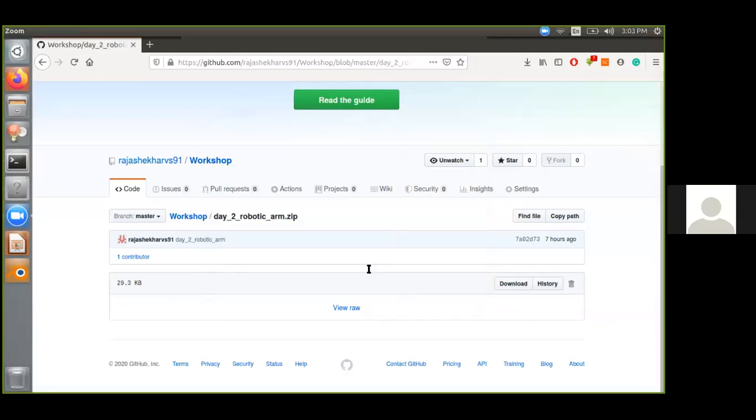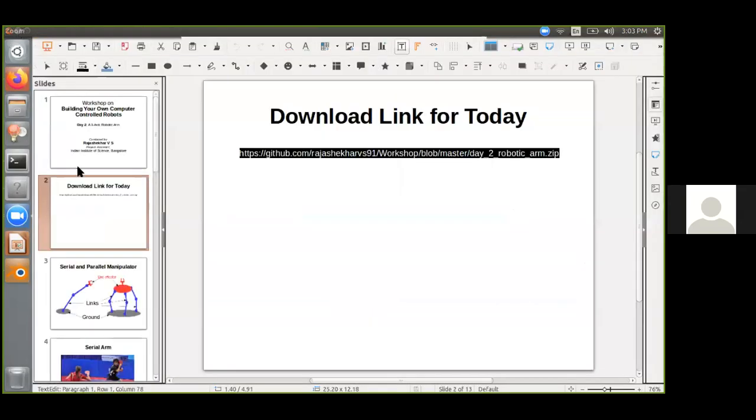So if you have downloaded it, please bring the zip file to your desktop. So it will be easy to access. And please extract the zip file. So I have already extracted the file.